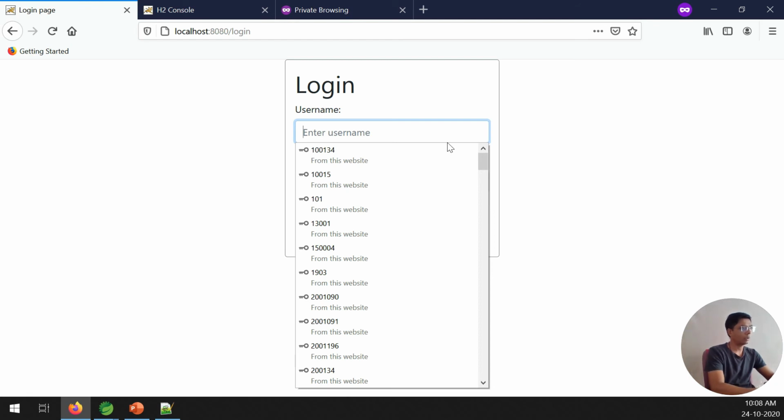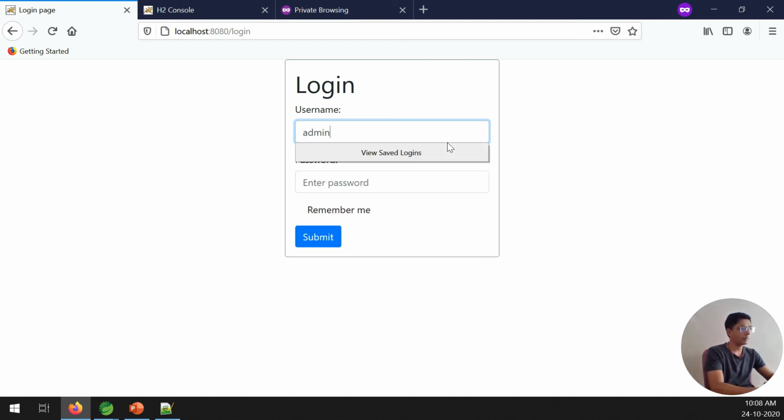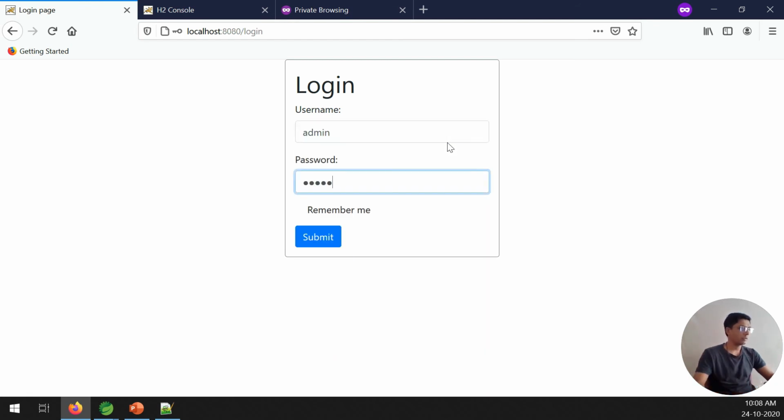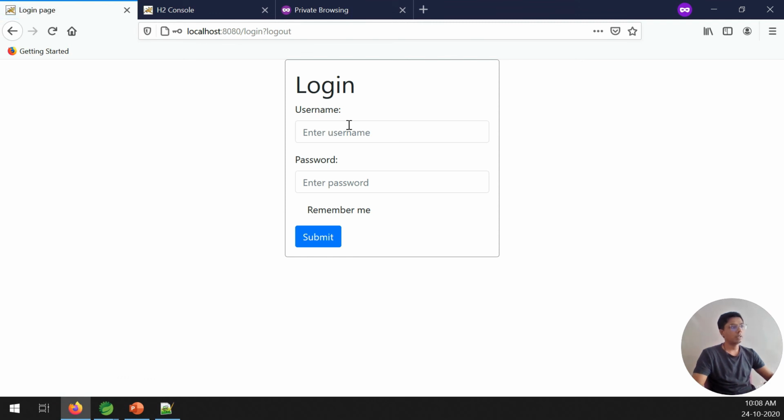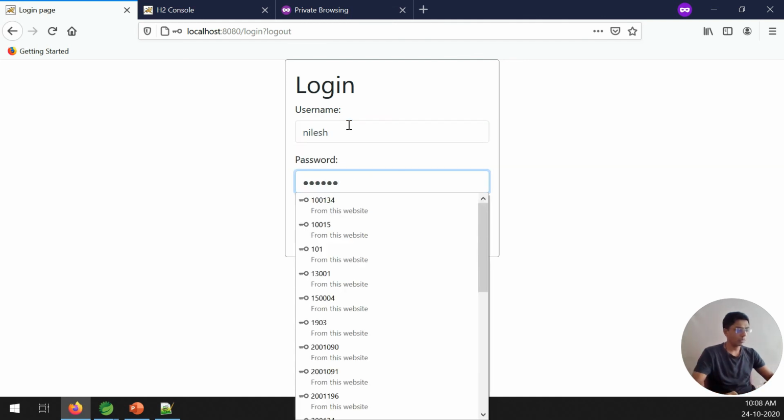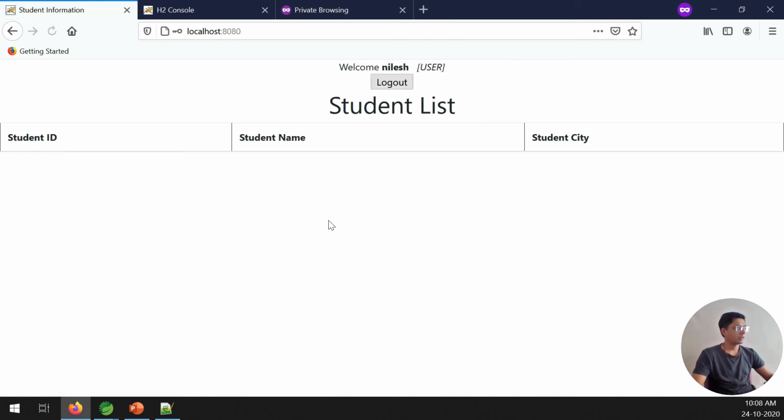So I try to log in as admin, submit. So this one is a login page. And when I click on logout, it goes outside of this login page. So this one is a very simple page. Nilesh, enter. So logged in as the Nilesh user ID, right?